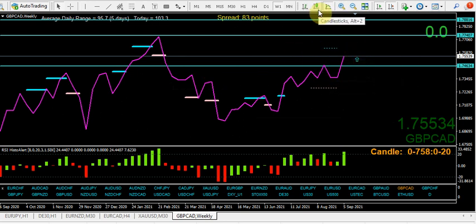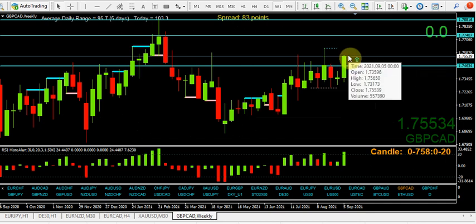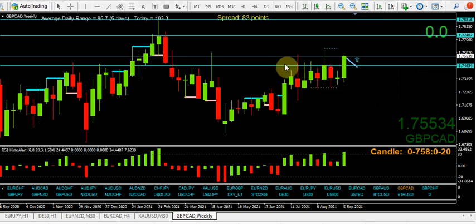But the true support and resistance areas are these where the wicks are, where the buyers piled in, then the sellers overwhelmed them again. Buyers piled in, the sellers overwhelmed them, and so on and so forth. That's what the wicks are, upper wicks anyway. So I would expect this now to pop back and come back and test this whole level here. It doesn't necessarily have to test it to the pip.